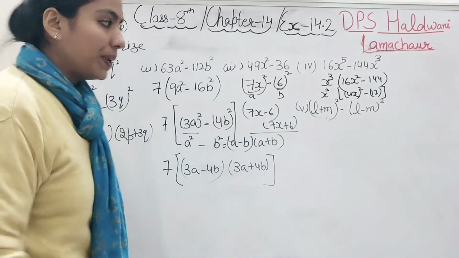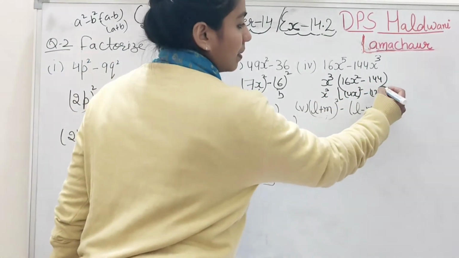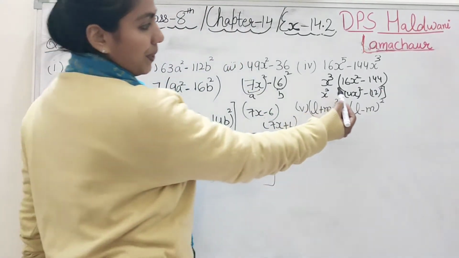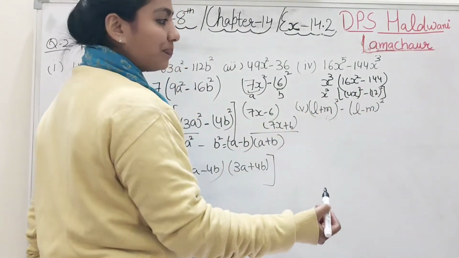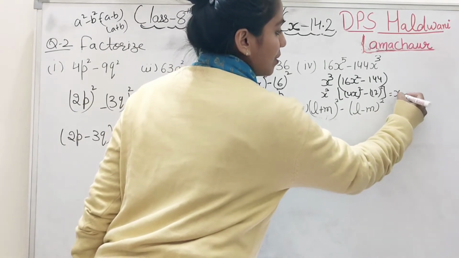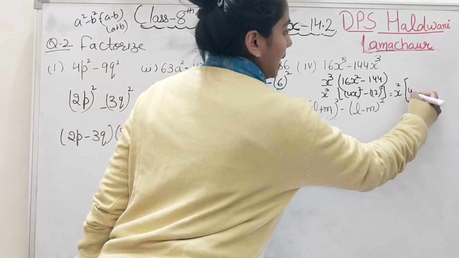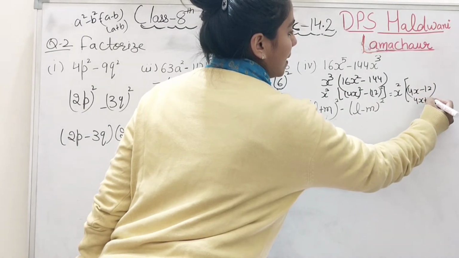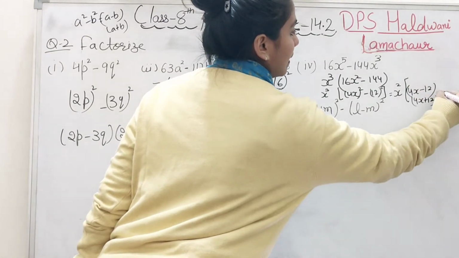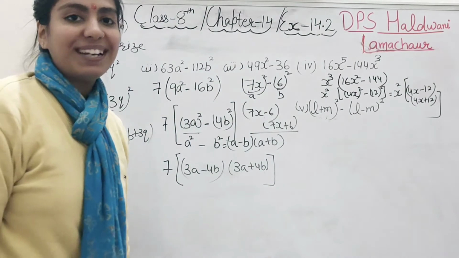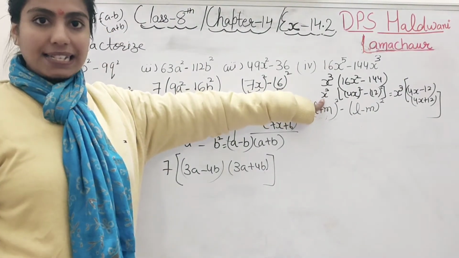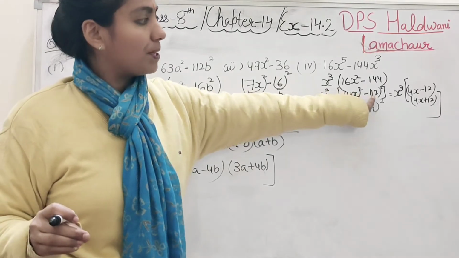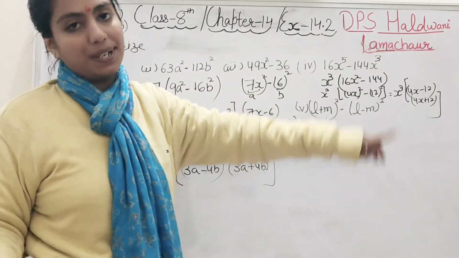That's it. Okay, now minus 12 square. That's it. So a square minus b square. So the answer is x cube remain as it is, (a minus b) and (a plus b). Right student, the outside term will remain as it is. We made the formula for inside, a square minus b square, a minus b, a plus b.